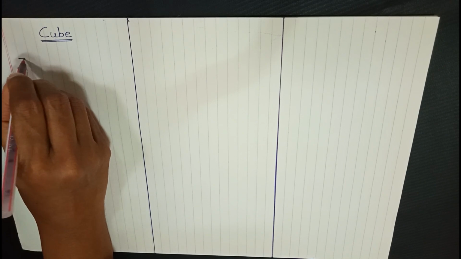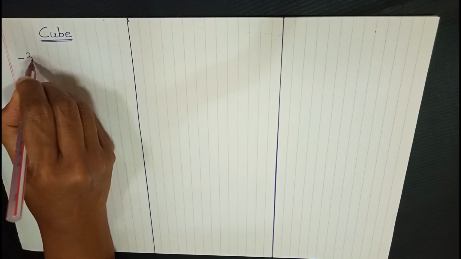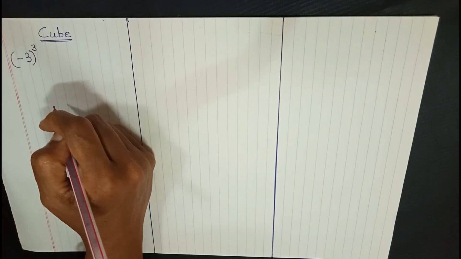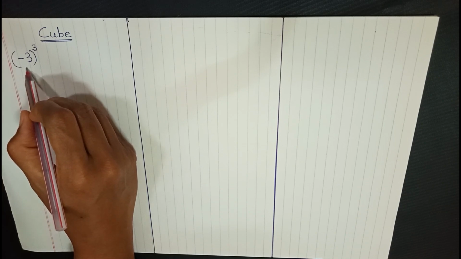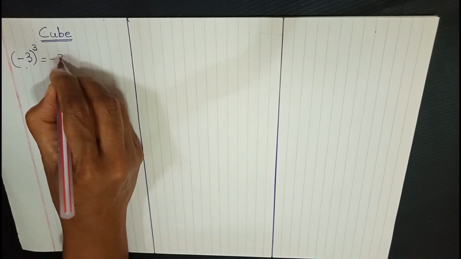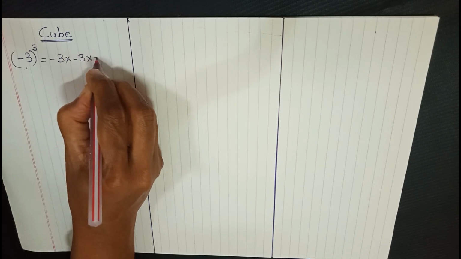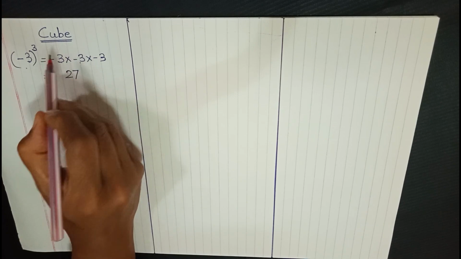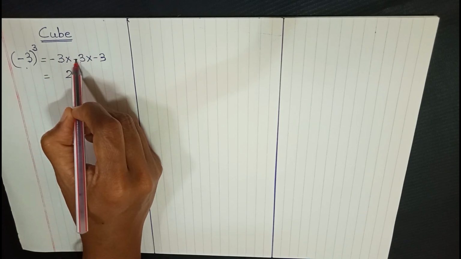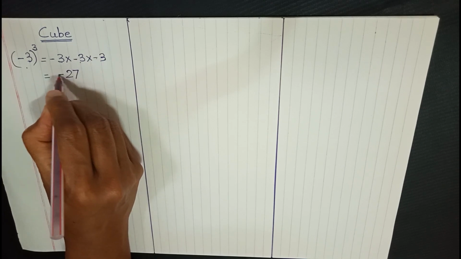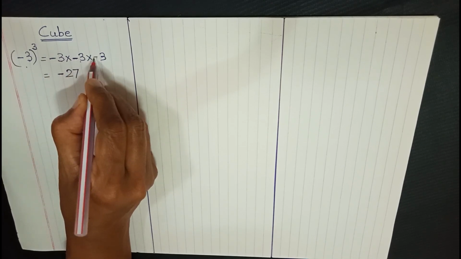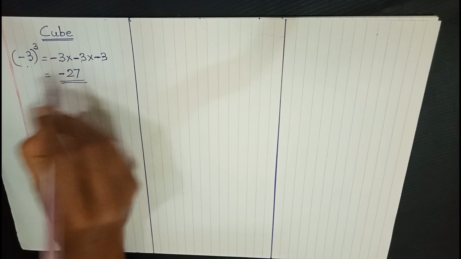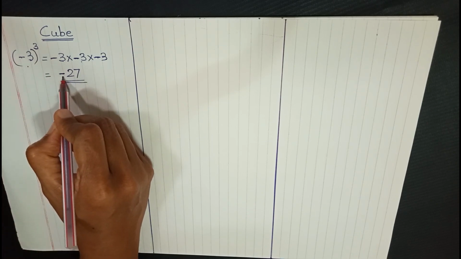So let us say if I want to find out a cube of a number, what do we do? When I say I want to find cube of minus 3, it means minus 3 raised to 3. Or in other words, I multiply that number 3 times to get my answer. So this is 1 time, 2 time and 3 time. So we just multiply the number, 3 threes are 9, 9 threes are 27. Now you can see minus into minus is plus and plus into minus is again minus. So if we have an odd number of minuses, which is 3 here, our final answer will be a negative number. That means cube of a negative number will be a negative number.